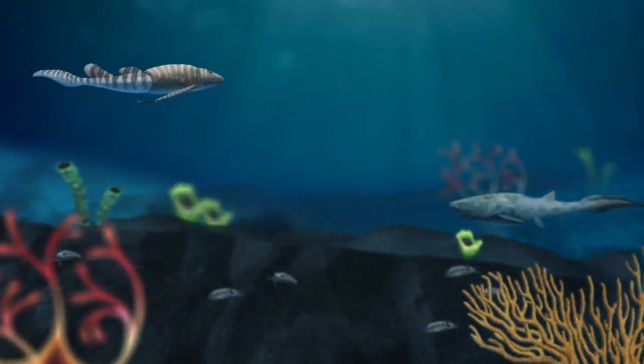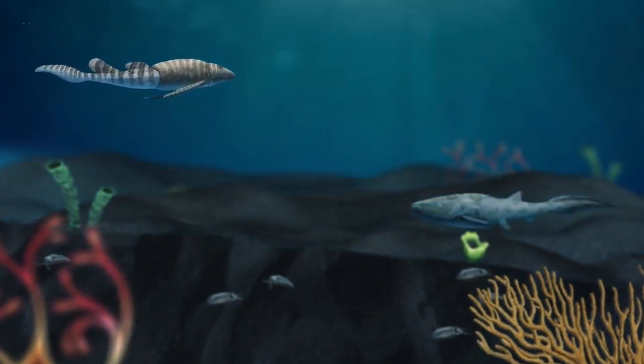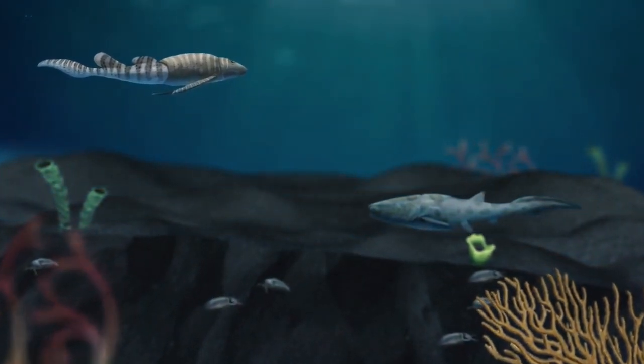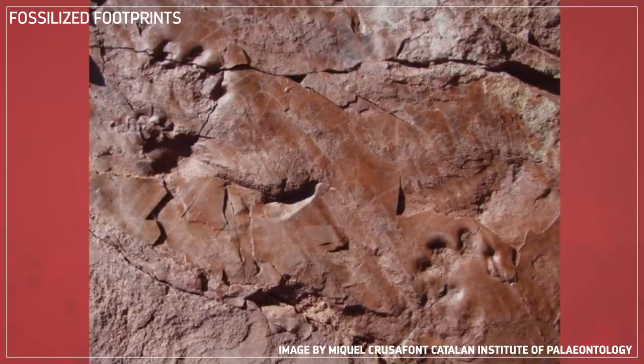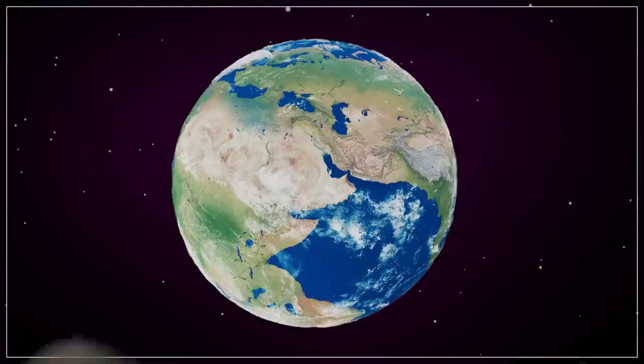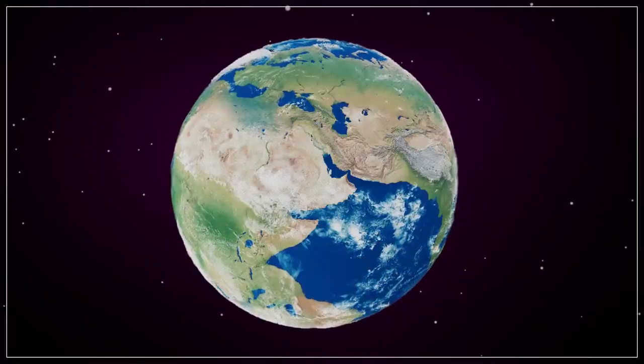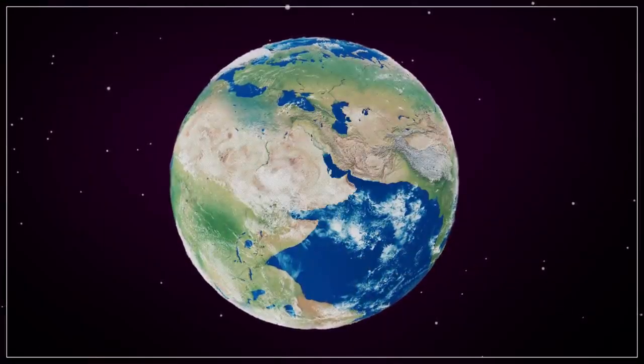Fish developed teeth and jaws and came to dominate the seas, including the first sharks and armored giants known as placoderms. Meanwhile, the land, which had been barren since the formation of continents back in the Archean, was finally being populated. First by plants and then by arthropods. By 370 million years ago, entire ecosystems had developed on primeval continents. Soon after, the earliest amphibians evolved and hauled themselves out of the water, leaving their first vertebrate footprints in the mud.